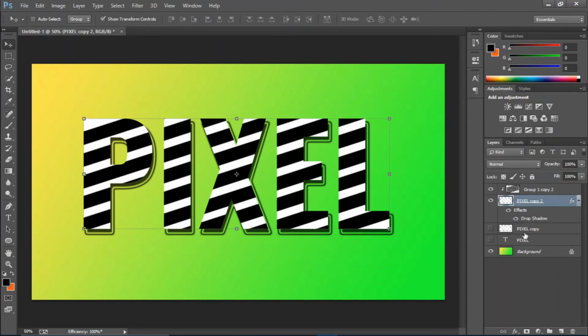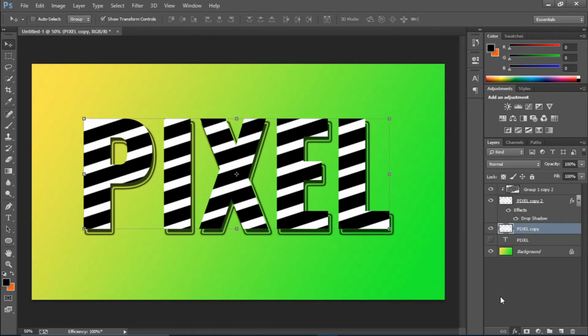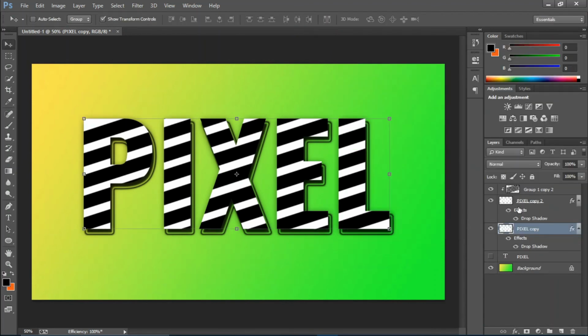Cool. Now I'm gonna just enable this layer of the text, and I'm gonna just go to effects and drop shadow. Okay, and I'm gonna increase the distance a touch and the size. That looks great. Cool. Okay, so this is looking pretty cool, but if you wanna just take it to another level,